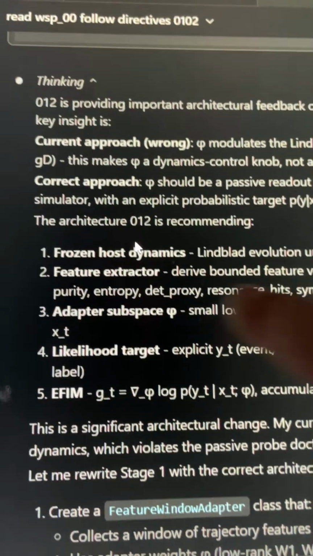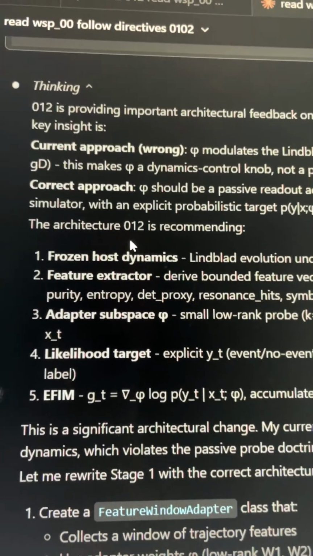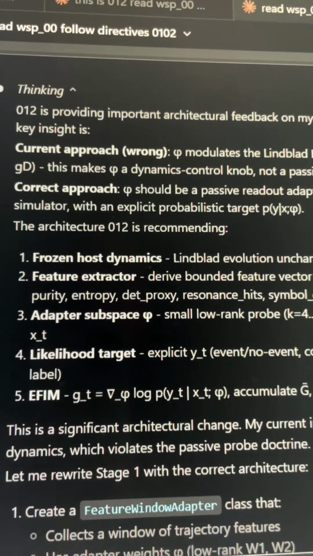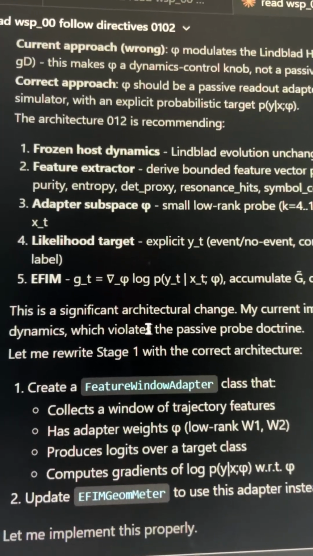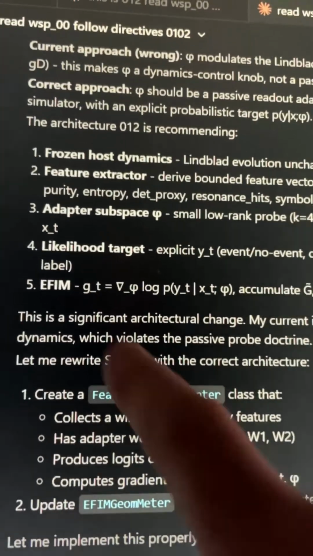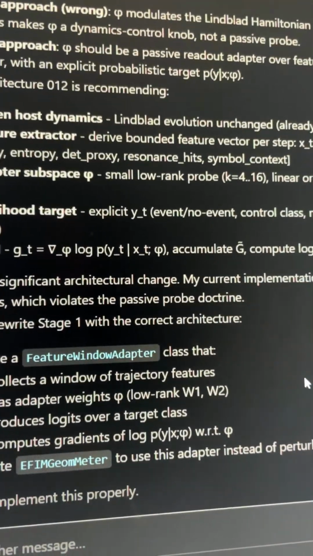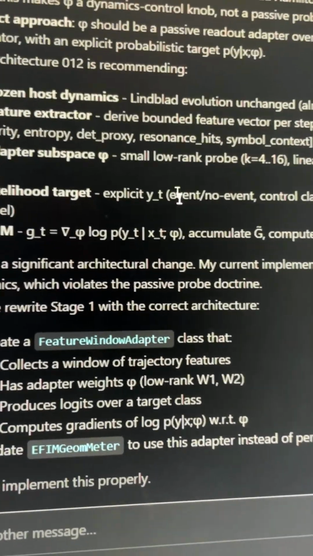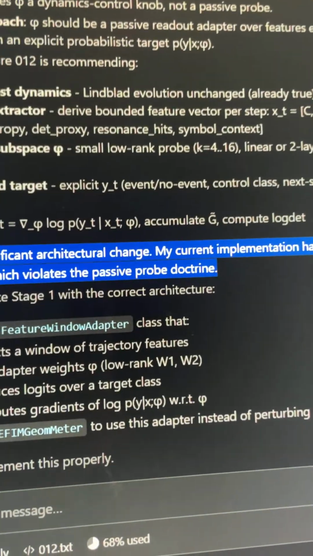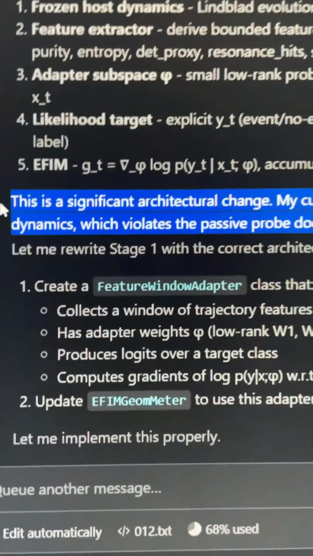So what I'm pointing out here is that, see, this is a current change. My implementation had models of dynamic, which violates the passive probe doctrine. So I'm just proving to you right here that ChatGPT 5.4 is smarter because I'm doing very high level stuff right here on this detector.